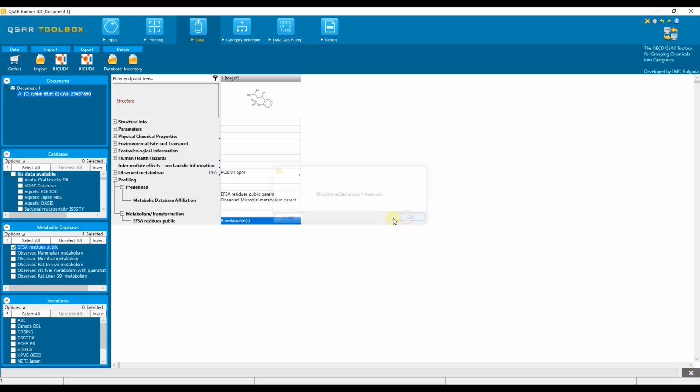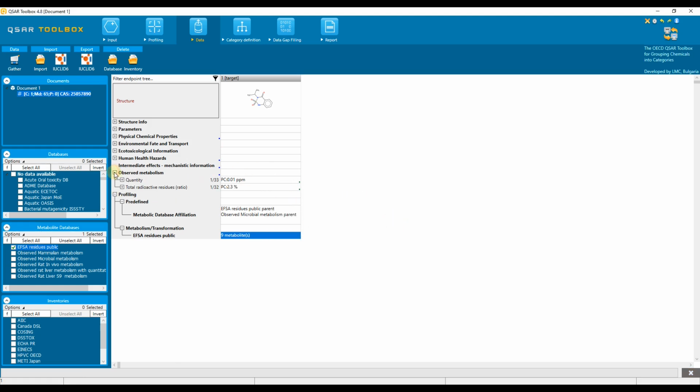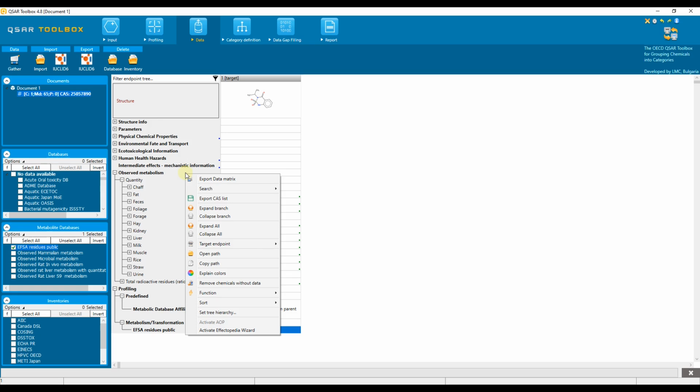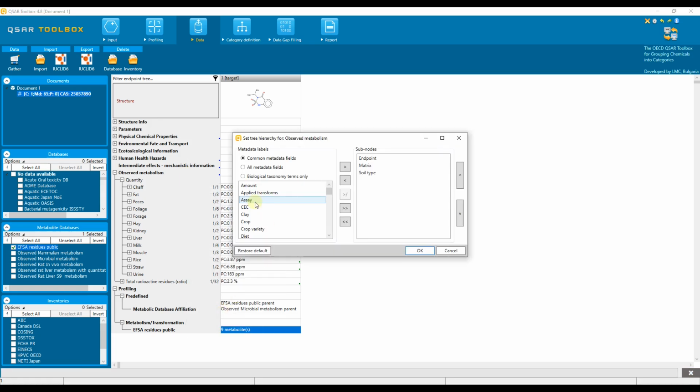The metabolism data appear on the data matrix associated with the endpoint tree level observed metabolism. Let's expand it. Quantity and total radioactive residues ratio are the endpoints for which data are found for the target chemical. Expanding these rows reveals the additional information associated with the observed metabolism. The way the information is organized in the endpoint tree depends on the endpoint tree hierarchy. To see the default hierarchy or to modify it, right-click on the observed metabolism level and select Set Tree Hierarchy